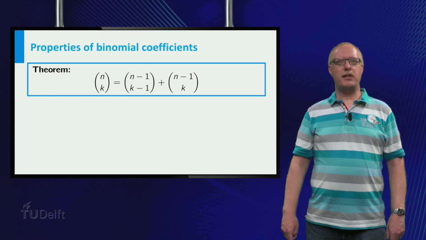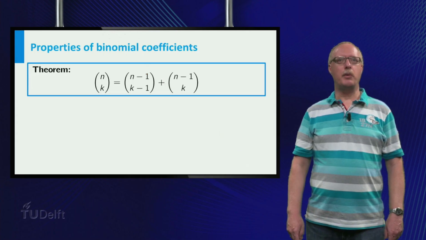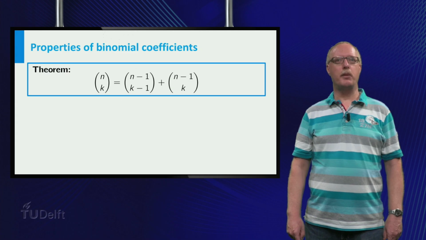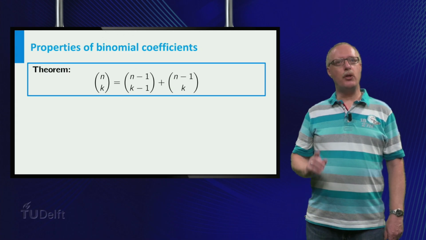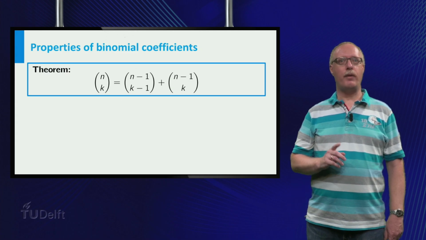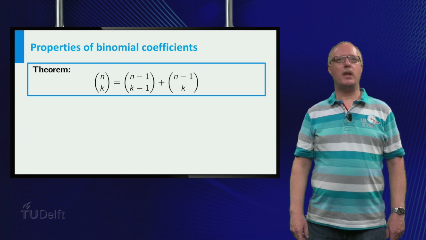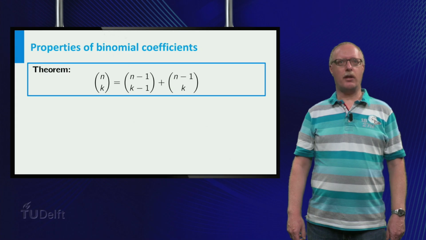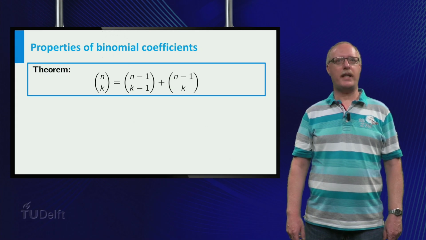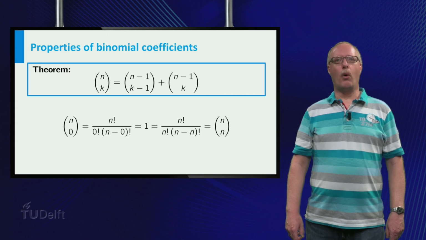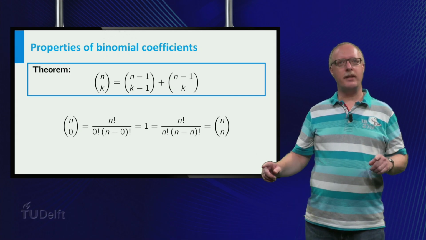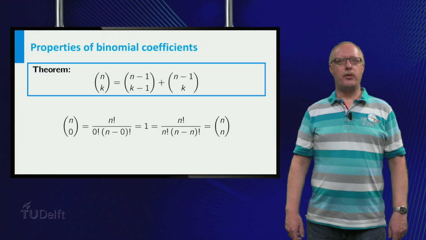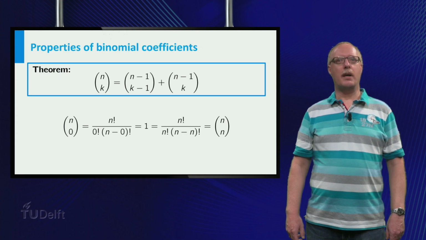This pattern in Pascal's triangle can be written as a recursive formula in terms of binomial coefficients as n choose k equals the sum of (n−1) choose (k−1) and (n−1) choose k, which describes that a coefficient is the sum of two consecutive coefficients in the row above. Furthermore, the numbers at the two sides equal n choose 0 and n choose n, which are both equal to 1, which is easily obtained from the definition.